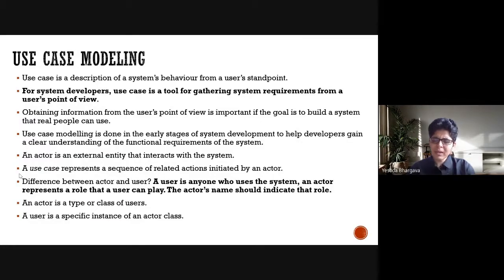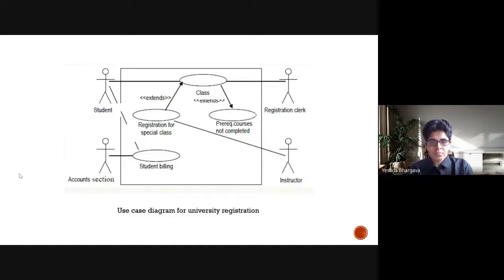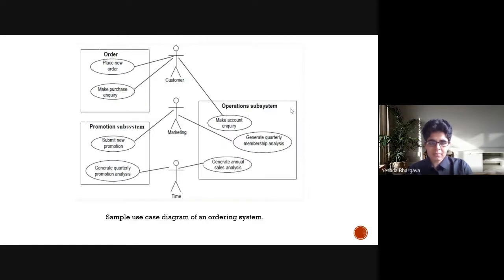By this time, you may have hopefully understood how to create use case diagrams and what the different important entities in them are, because the discussion on software design is absolutely incomplete without use case diagrams. So just helping you recall what we talked about: this is a use case diagram for university registration. Note that the actors are interacting with different use cases as shown. Similarly, this is another example of a use case diagram.